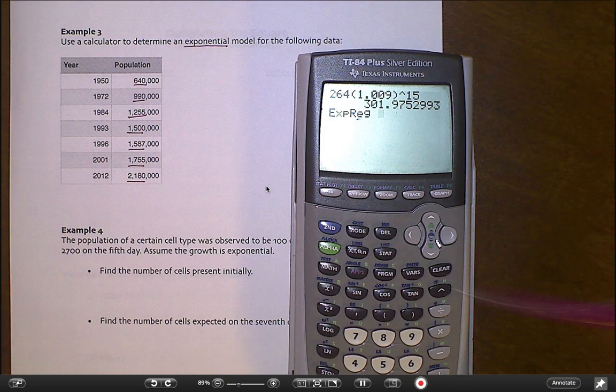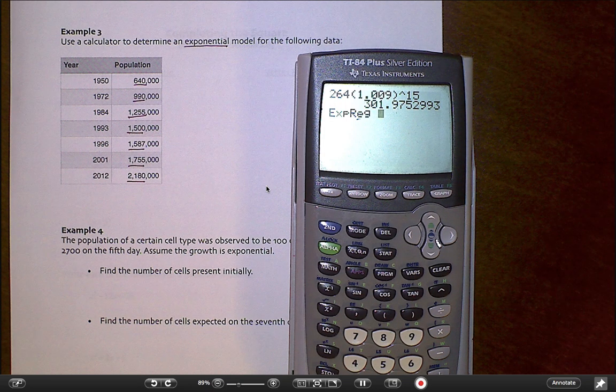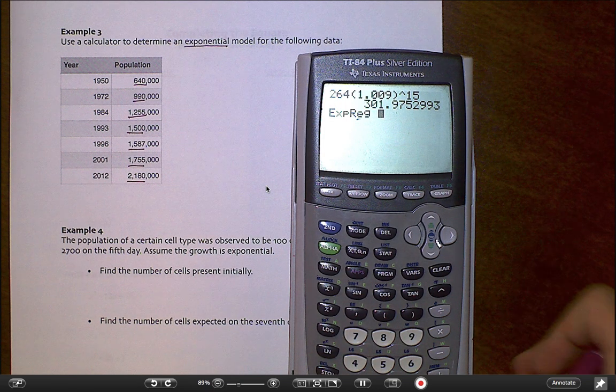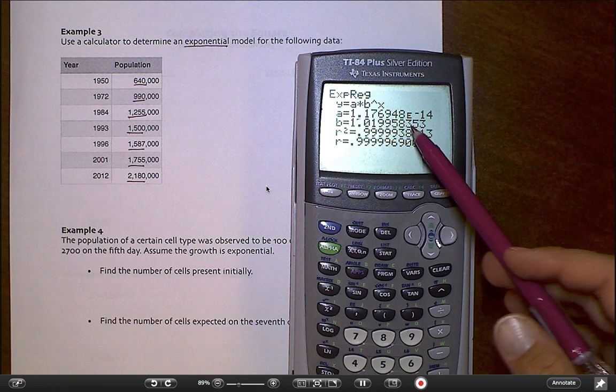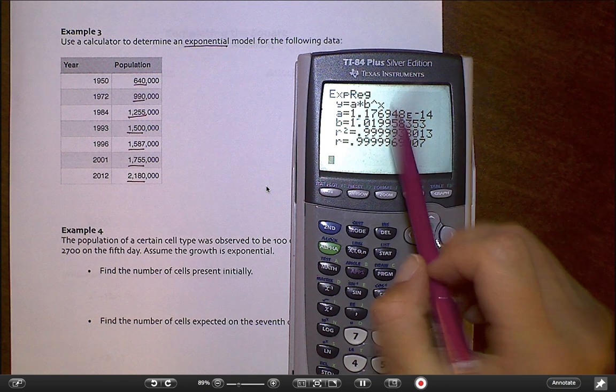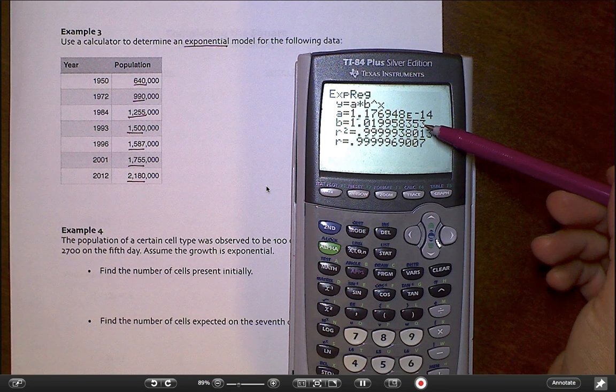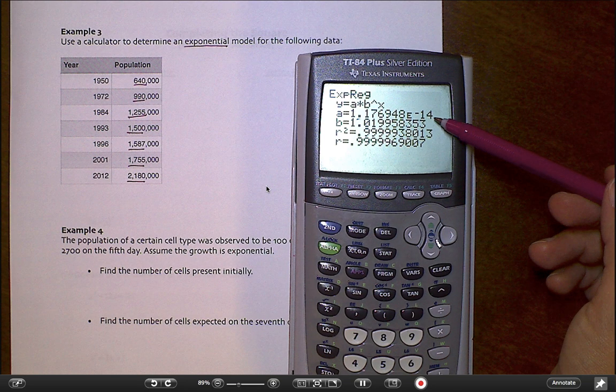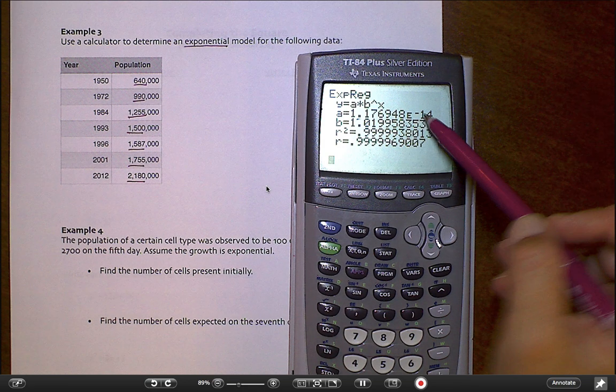On my calculator, I'm just going to hit enter at this point. On your calculator, you may have to scroll down to where it says calculate. And you'll notice that it gives me this a times b to the power of x. Now, this a value is kind of funky here. Gosh, this is so close to 0. It's not quite 0, but